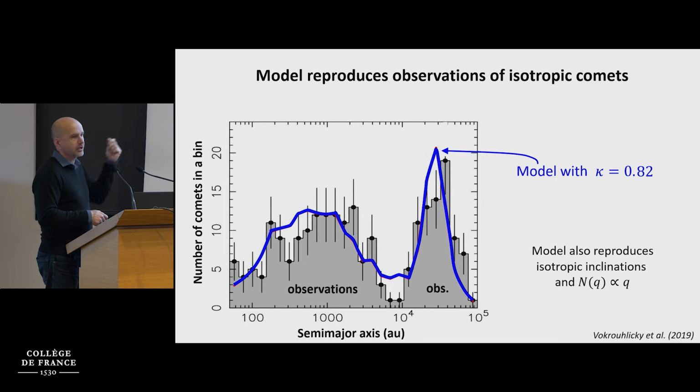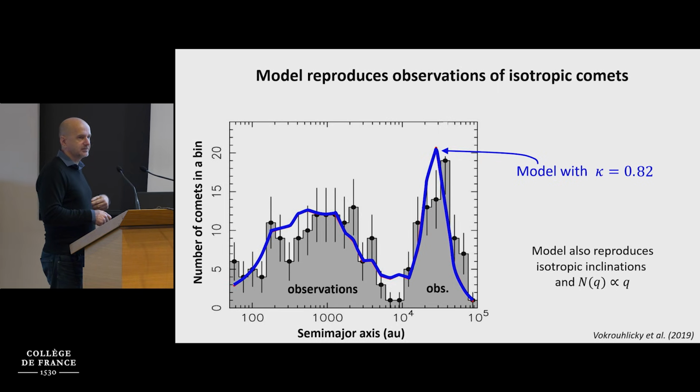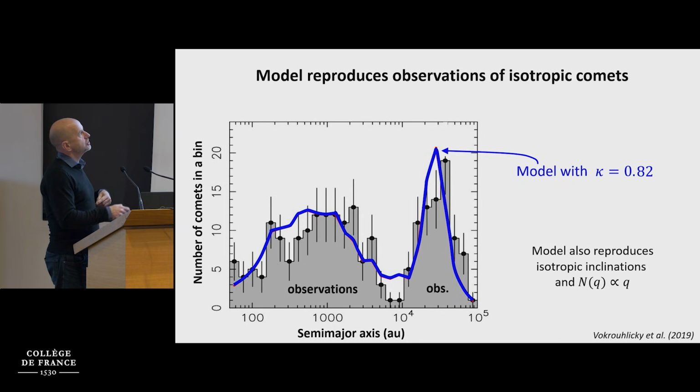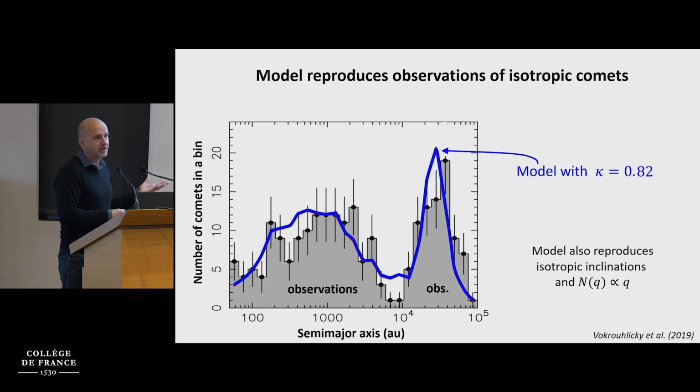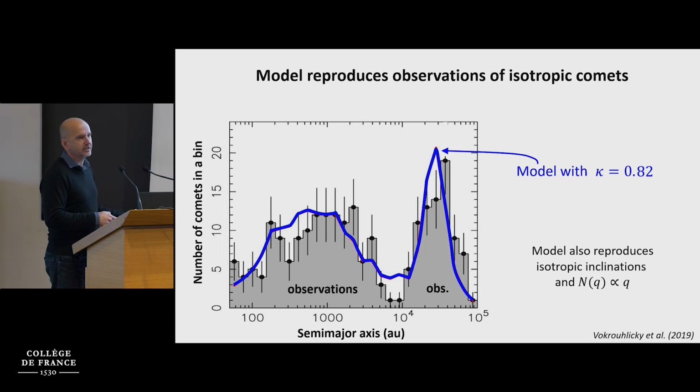If kappa were larger, then comets would survive less. And then the model indicates that the Oort peak would be much larger and there wouldn't be too many returning comets. If, on the other hand, kappa were small, then the comets would survive a lot. We would have a small peak here of the new comets and then a huge peak of the returning comets. So that's how kappa is adjusted to